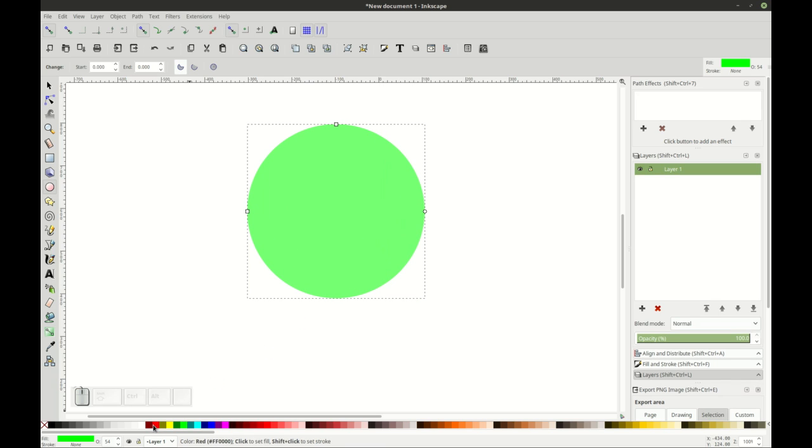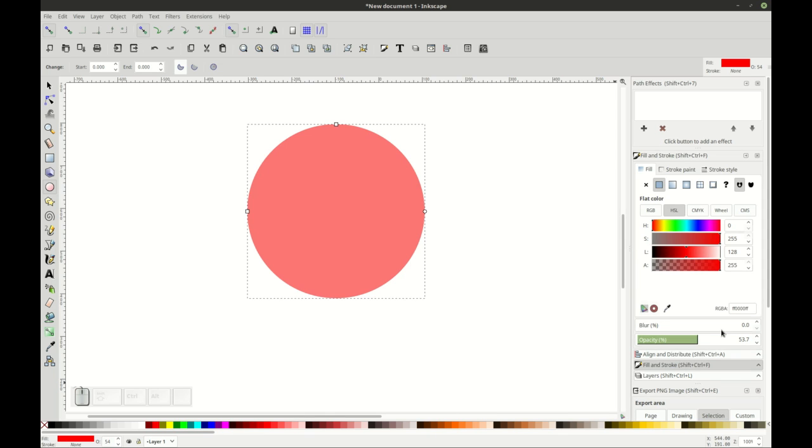I want mine to be red, and if you hit this fill and stroke down here at the bottom, mine's red because my object is red. It changes with whatever object color that you have. I'm going to go ahead and hit that, and notice that I'm at 50% here with the opacity. I'd highly encourage you to do the same. Hit